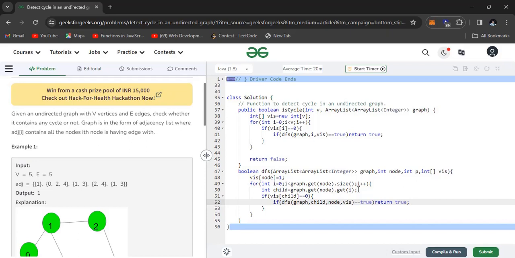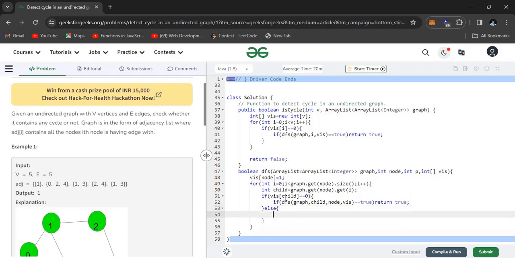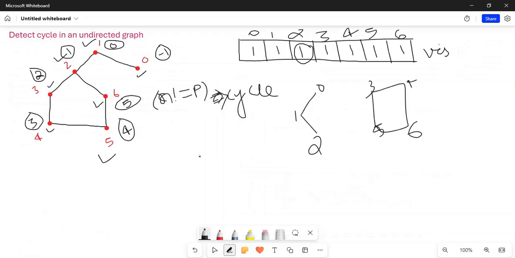But if a node tries all its neighbors and is unable to find a cycle, then if visited of child equals to 0, simply make a DFS call, and if there is any cycle, then return true. Else, that means the child is already visited. If visited of child equals to 0, the child is not visited, so make a DFS call. But here 6 tries for 2.